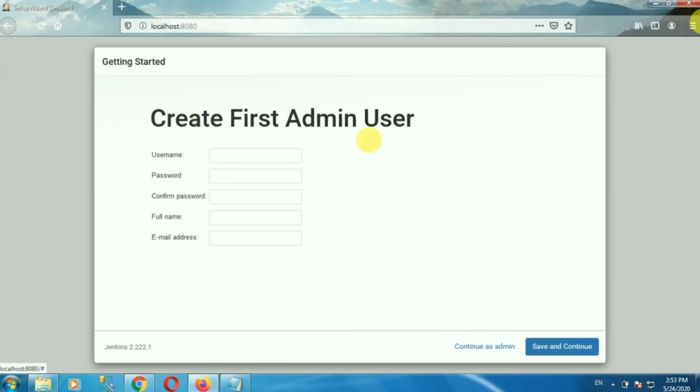Here you can create your admin user. You can give any name. Suppose I am giving the username as EasyIT for all. Type password and confirm password.